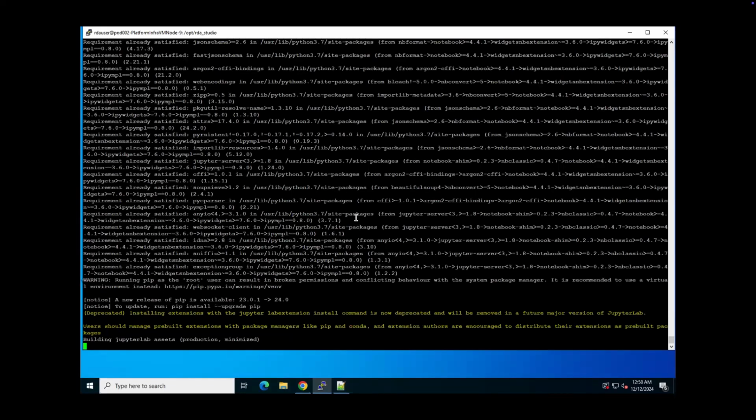When we deploy the RDA Studio, the application is built on top of a Jupyter notebook. If you're a Python programmer familiar with Jupyter, obviously you'll be able to understand this Jupyter web application. So our Studio application is built on top of that. When we bring up the RDA Studio for the first time, it takes a few minutes to initialize itself and configure the